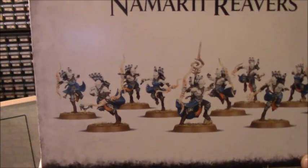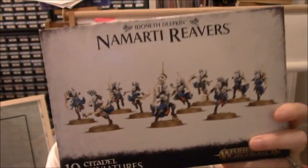So now they released this brand new army called Idoneth Deepkin, and they're like a vampire night elf mix. And if you're interested in the story, you can look them up because I'm not going to talk about it here. But they're really freaking cool, and they live under the sea, and they're awesome. And basically they're born without souls. So they started to have children, and their children were dying really young, and they were like, why is this happening? And they find out that it's because they're born without souls. So they come to the surface to steal the souls of the living, and it's so cool and creepy,